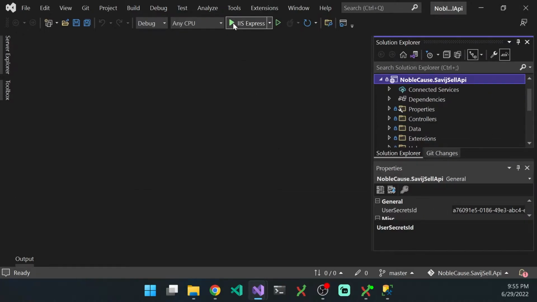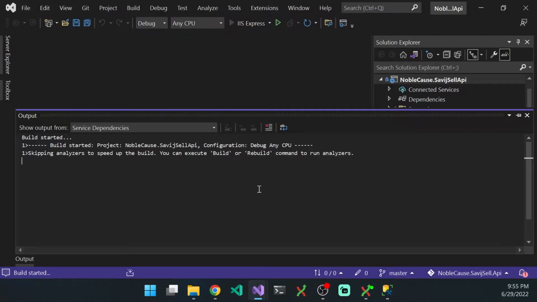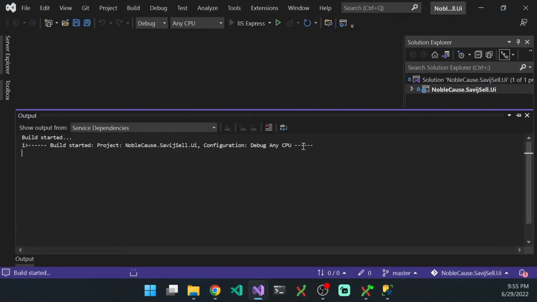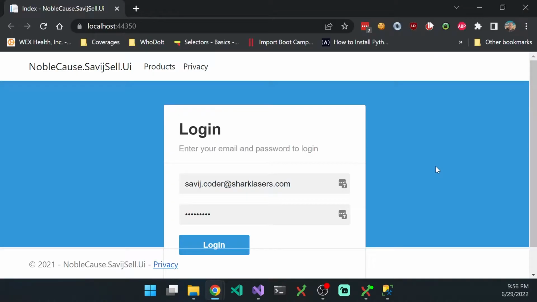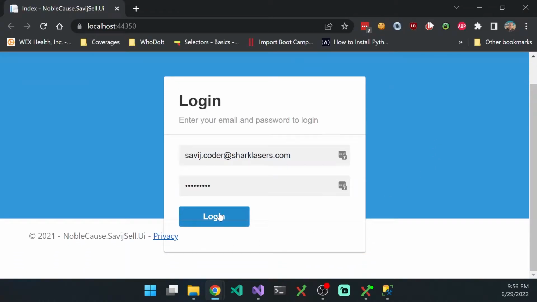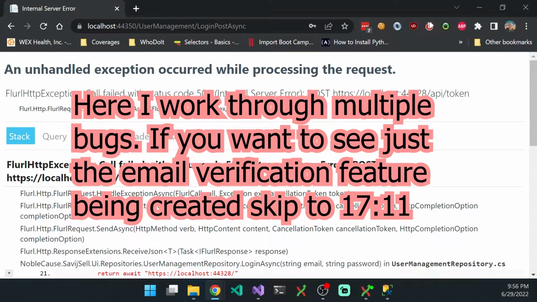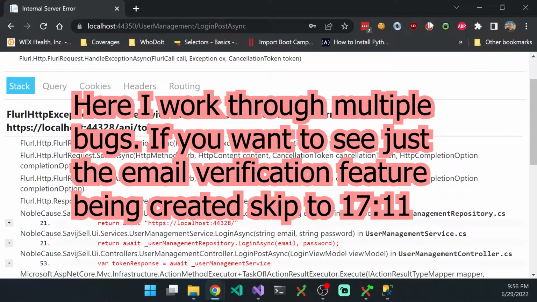Let's run that, see if we get any errors. We do not. And then let's run the front end UI. All right. So we log in and we get a 500 on a call to 44328. That makes sense that that's failing